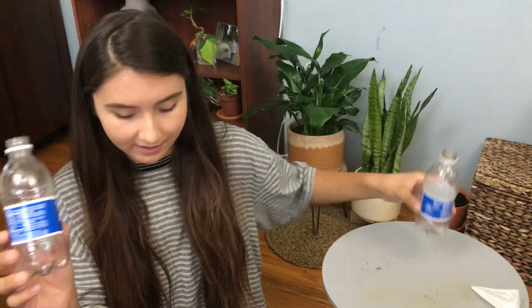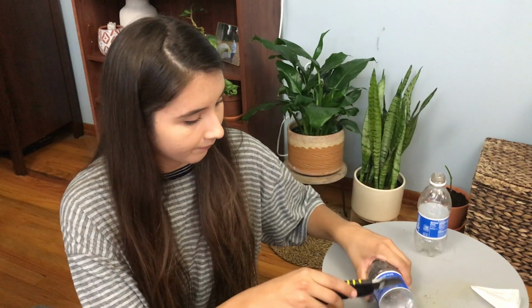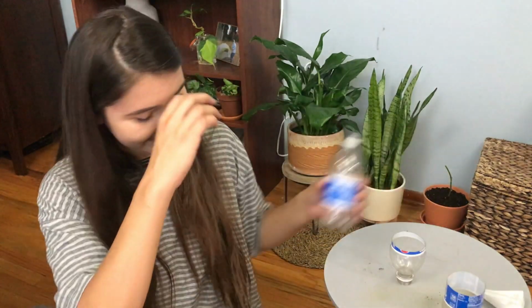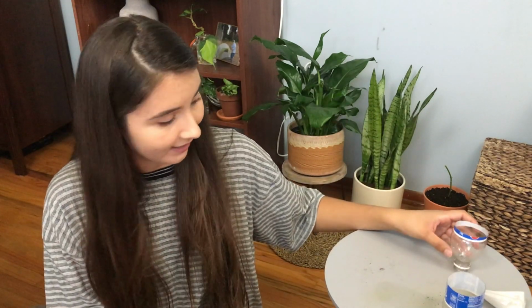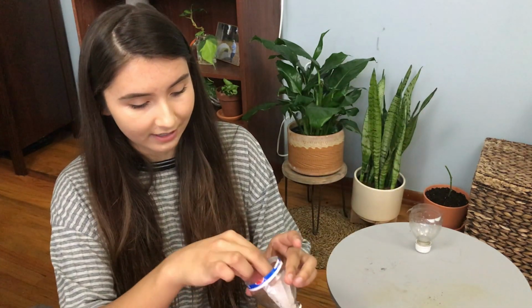Oh, they cut these, so I'm gonna need to cut these with my box cutter. I did it! Okay, so I got one down, one more to go. Okay, so that was a little bit of a struggle, but I got it. And for the bottom one, you keep the cap on so that the water doesn't drip down everywhere, I guess. And then this one is the one that I put the filter in,